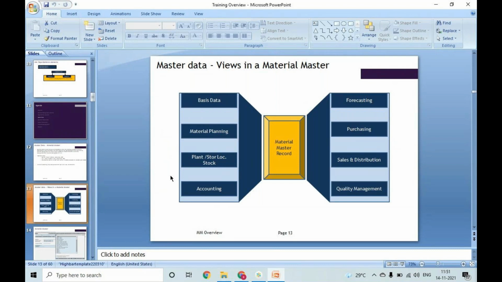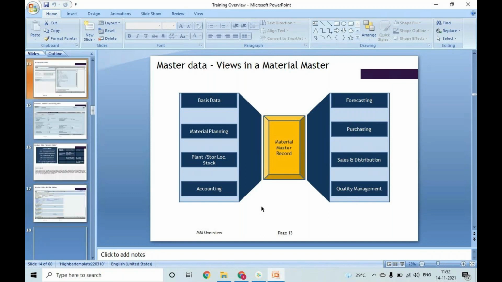As a consultant, it is our responsibility to activate all these screens based on the material types. All the screens are not required for different material types. Suppose if I take a finished material, for finished material we do not require a purchasing view, because we will be producing it in our own plant. Same way, for raw material, we do not require a sales view, because we are not selling it, we are procuring it and consuming it. So it is the responsibility of a consultant to configure the screens, which material type, which screen should appear. All these things a consultant does.